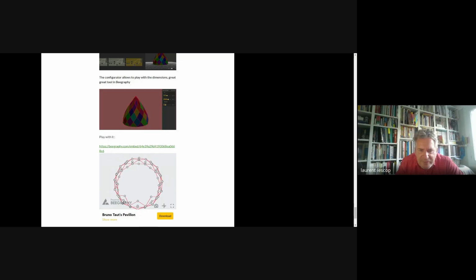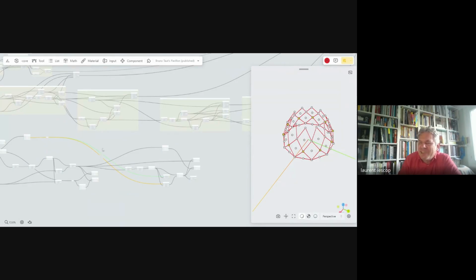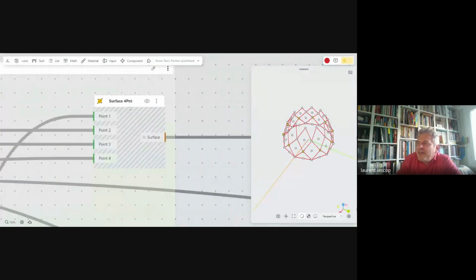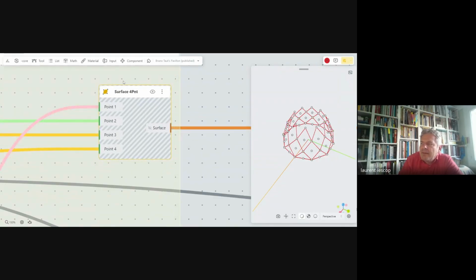You don't see what I'm doing. No, I think you can show the other tab. Yeah, because I was trying to check the flatness question. Surface 4 points, but I think it's totally impossible to have one surface if those 4 points are not on the same plane.